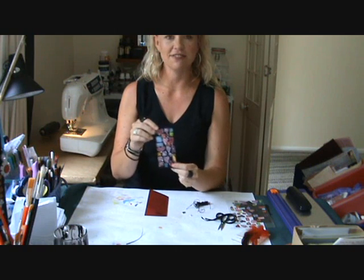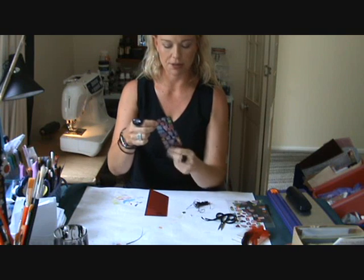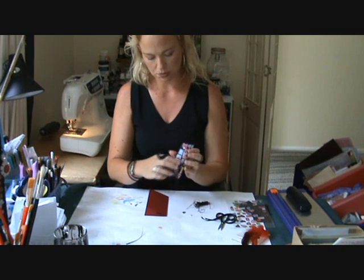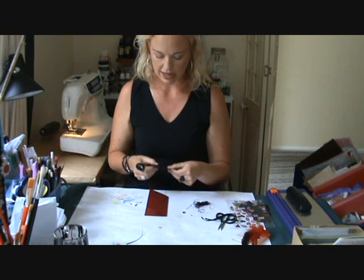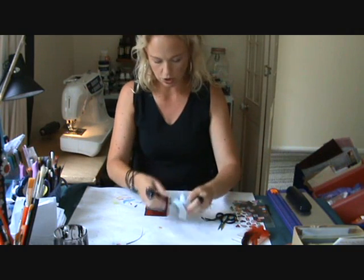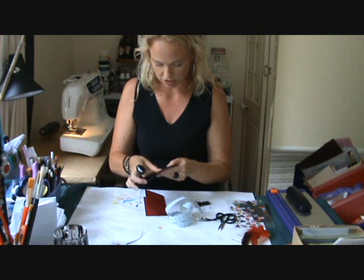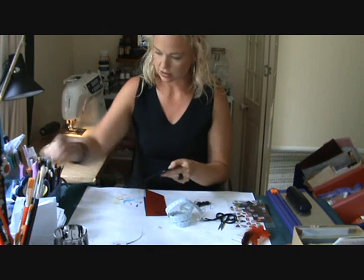Okay, so I have now finished stitching all of the little hearts and the squares onto my bit of black, and you can see there's lots of little hairy threads hanging off, which are quite fabulous. They kind of add a little bit of extra interest and depth to the design. And now I'm going to attach it to the front of my card. So I'm just going to hold it in place with a photo split. As I was saying, I like to stitch wherever I can, so I'm just going to tack that into place,